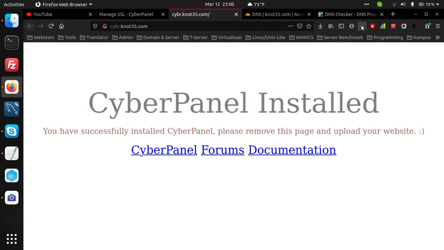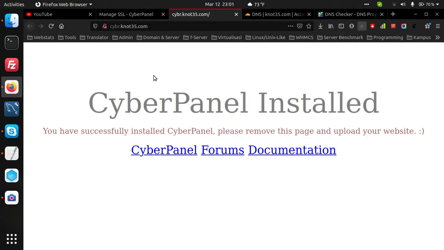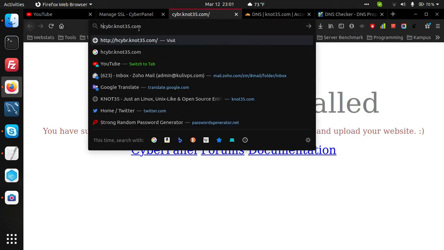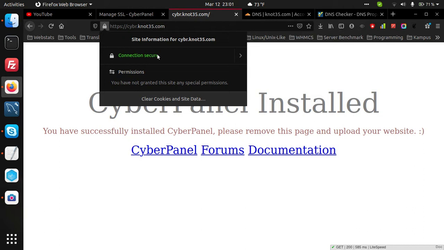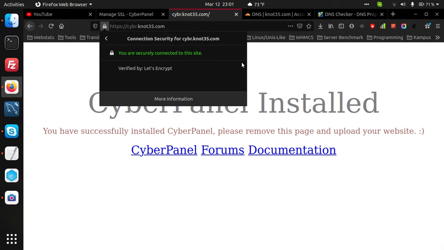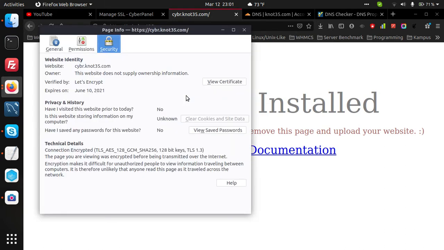domain is successfully pointed, and as you can see in the server response header, the server is using LiteSpeed, I mean OpenLiteSpeed, sorry. Then we can check the SSL connection or secure HTTPS connection, and this is using Let's Encrypt SSL, so it's easy and free. And